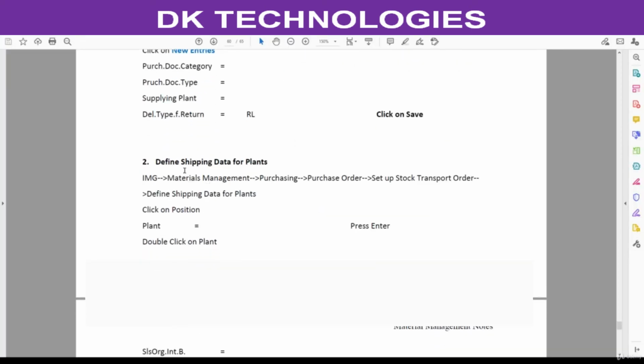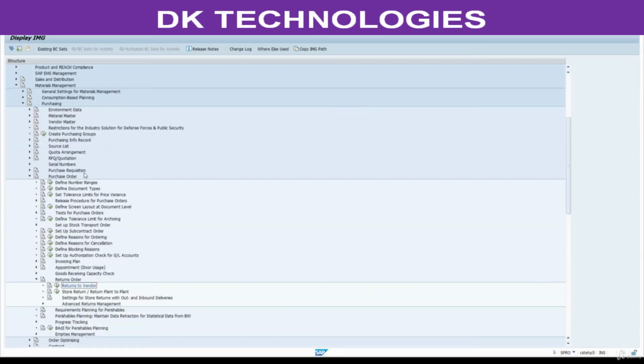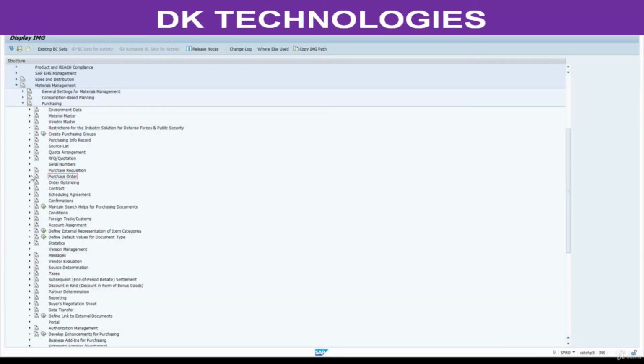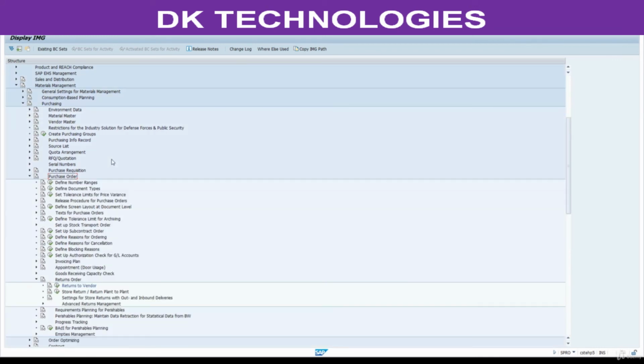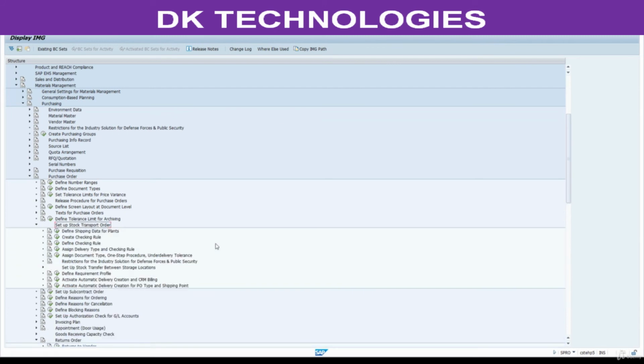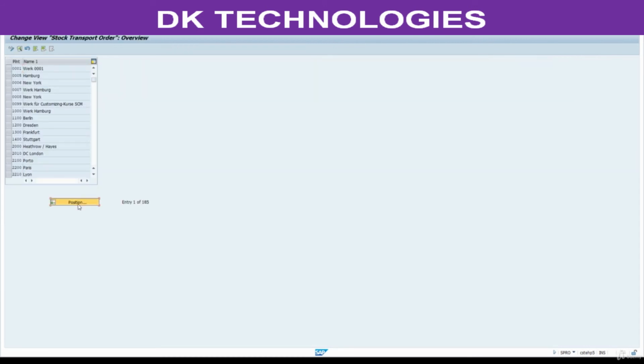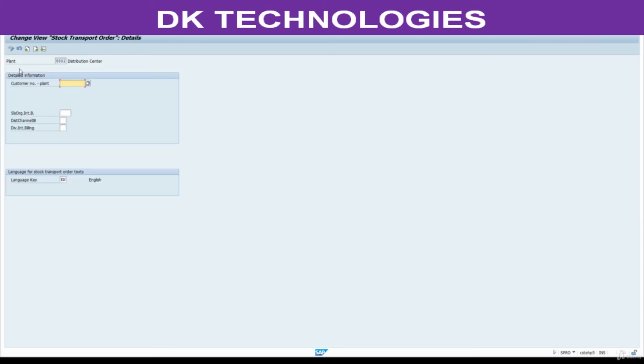Next step, define shipping data for plants. Go here. Click on this one. Click on position. Enter your plant 8801. Double click on this one.